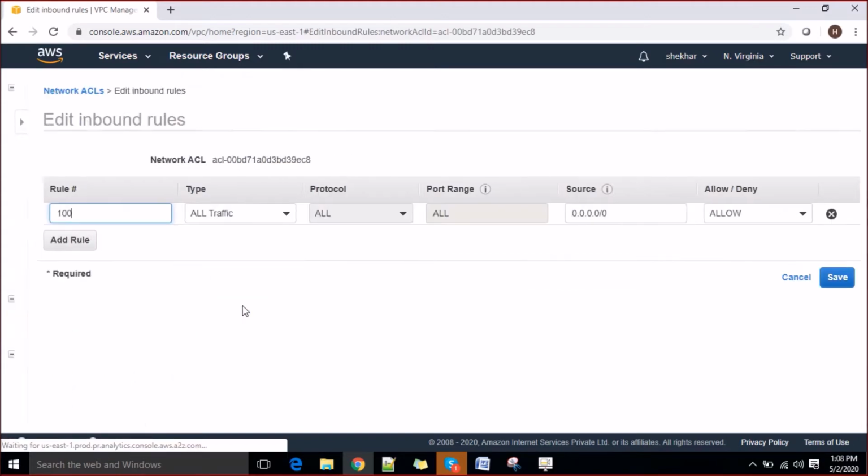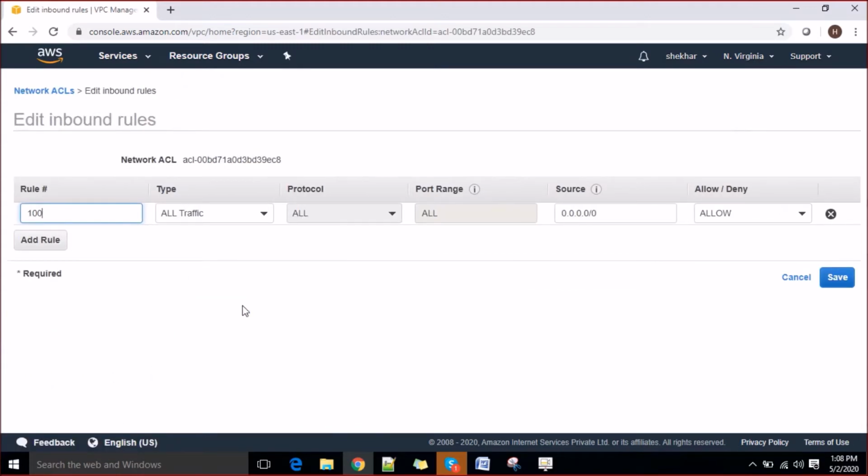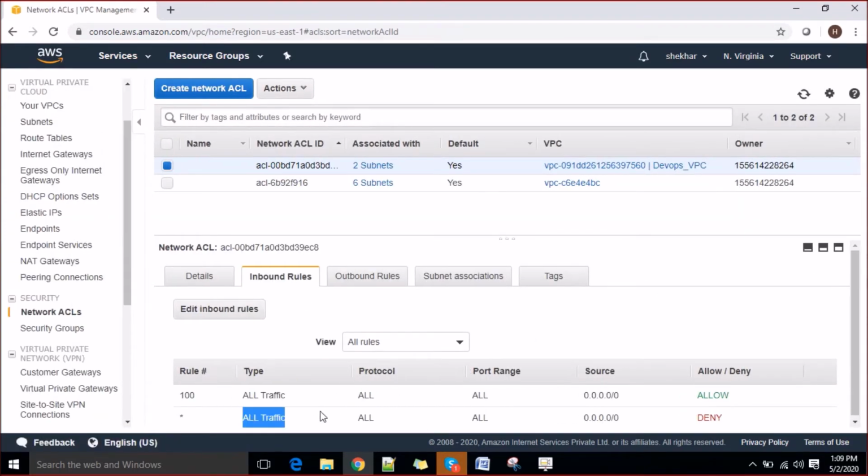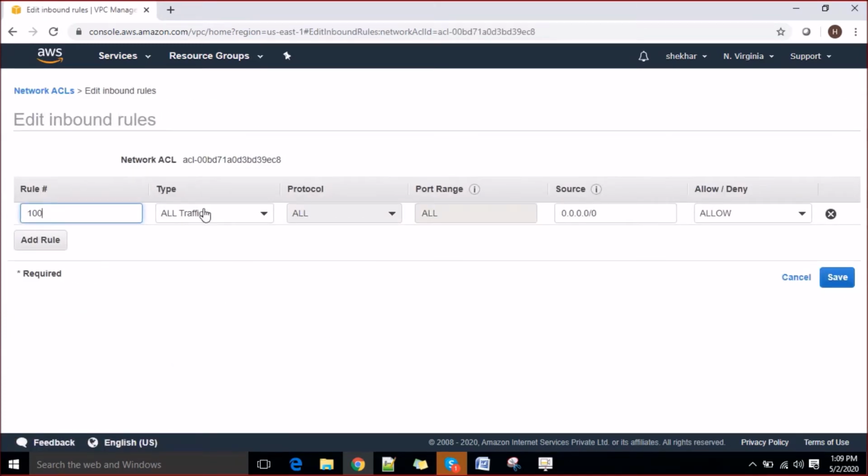So we're going to talk first about the inbound rules here. When we edit this rule, by default we see everything is allowed.